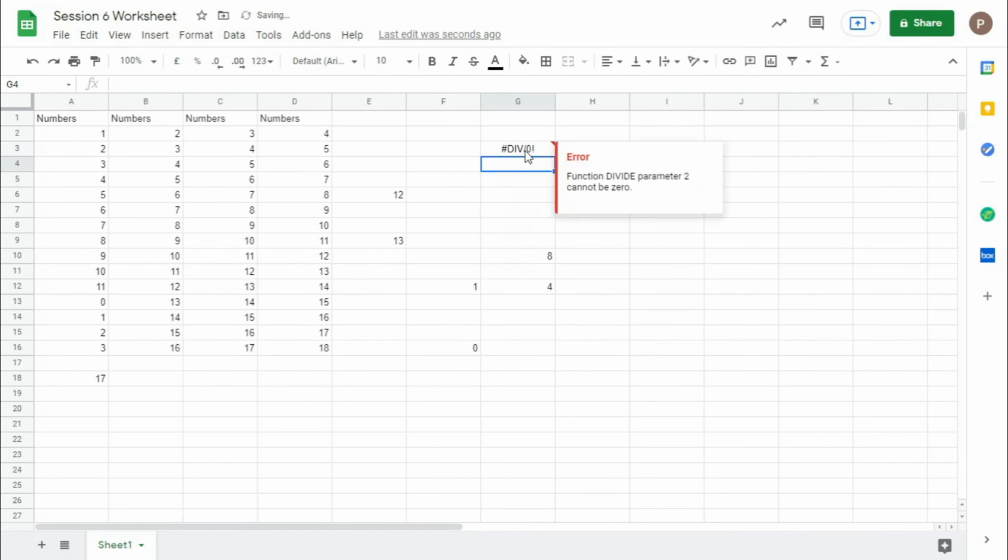Let's say if you use IFNA, you are getting another error. So this is the difference between both of these. Sometimes when you are using some functions, you will get an NA error.